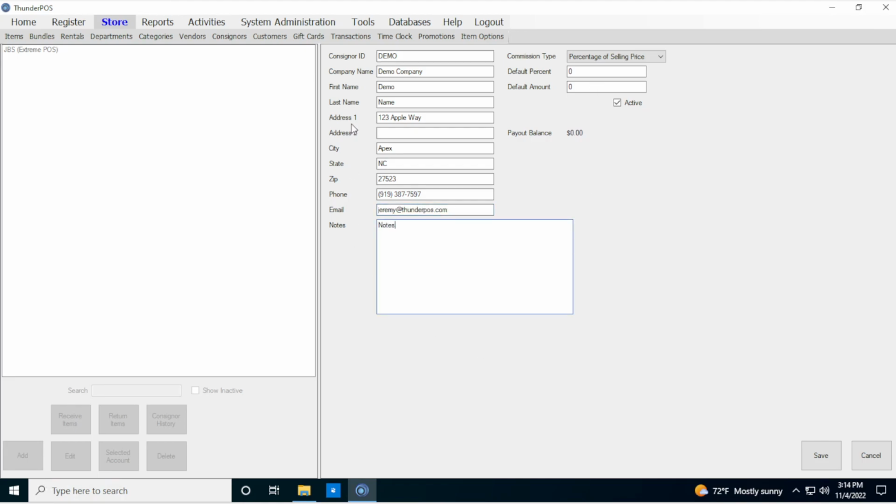Now, beyond the contact info, there's a couple other fields here. You'll see we have a payout balance. Because this is a new consigner, it's obviously 0. We also can select between the default commission type for this consigner being a percentage of the selling price or a specific dollar amount per item sold. You will set this on an item by item level as well. This setting just sets what the default will be when you first add an item or add this consigner onto